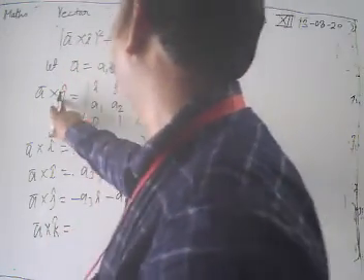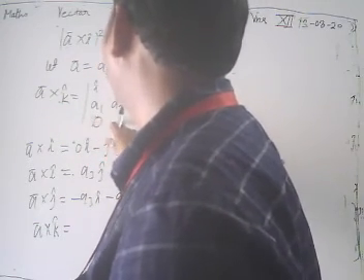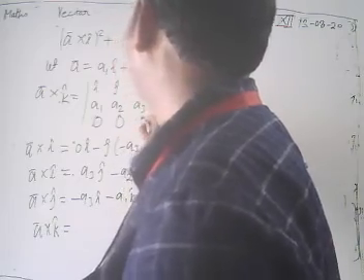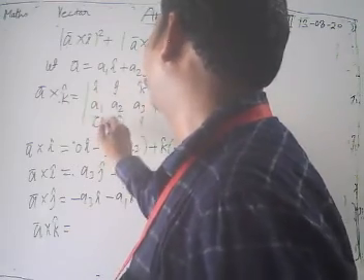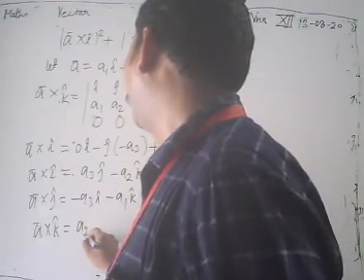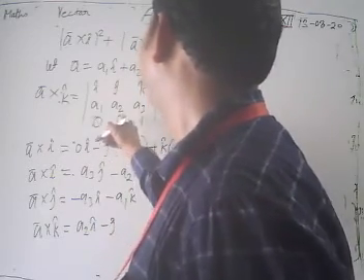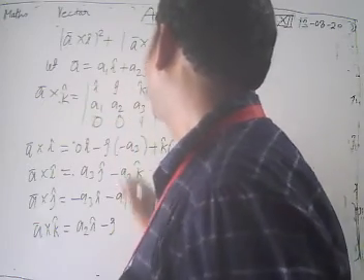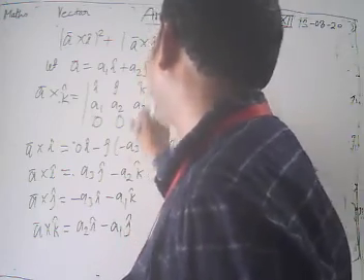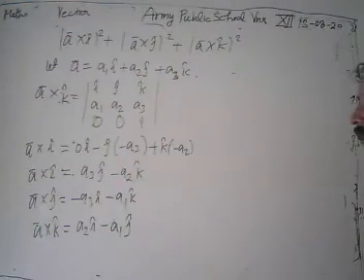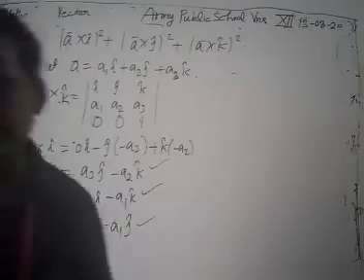Now we take vector A cross k, and we have 0 here, but here we get 1. Taking i cap, we have A2 i cap, minus j cap, and we have A1 j cap, and the k cap term is 0. Now we get the values of vector A cross i, vector A cross j and vector A cross k.